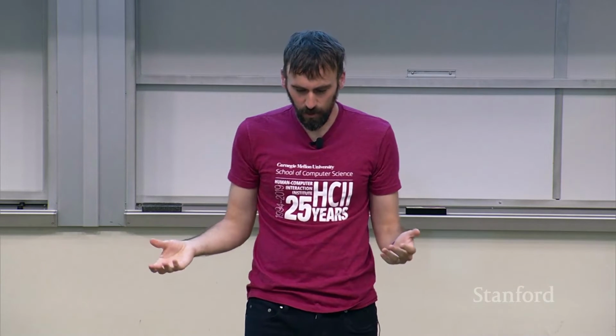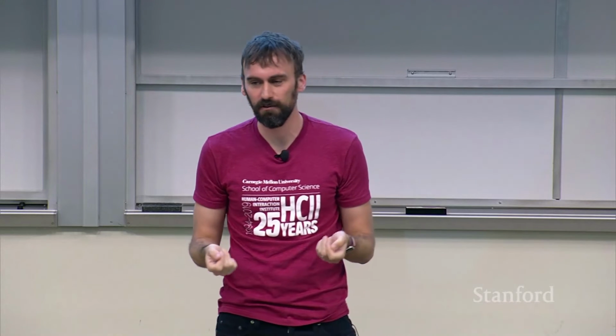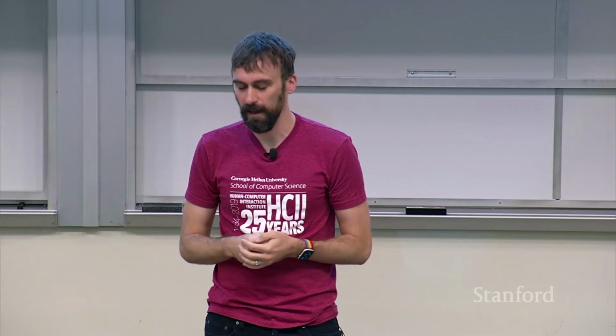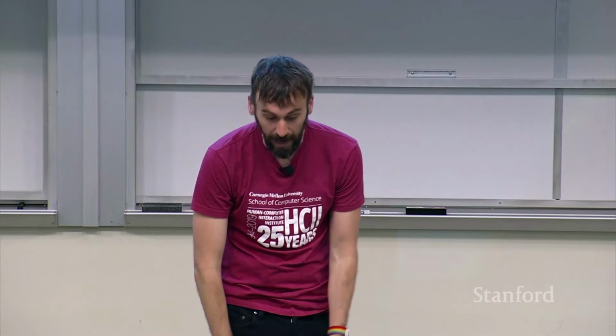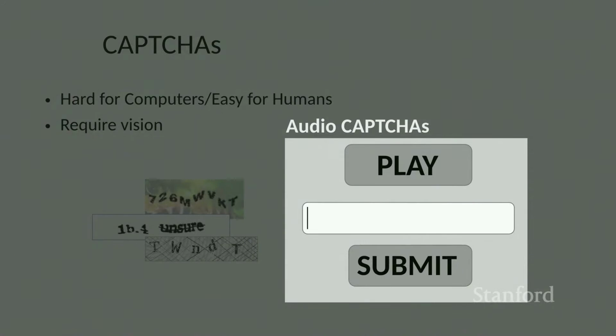What is a human? This is something that humanity, what it means to be a human, is kind of embedded in our technology in a bunch of different ways. This applies in the way I'll describe here, but also as we talk about AI and ML. So we started looking at CAPTCHAs. My first CHI paper was about basically how CAPTCHAs are terrible, not surprisingly. But what's interesting is that the same thing with first and second class modalities shows up with CAPTCHAs. People thought, oh, you could just create an audio version of the CAPTCHA and play that instead.